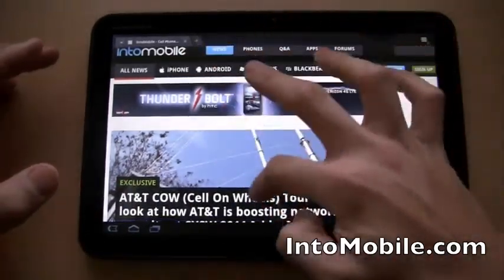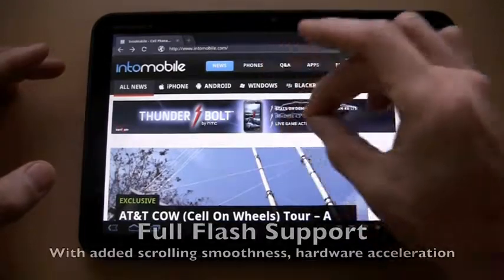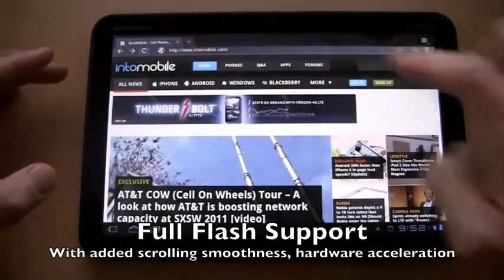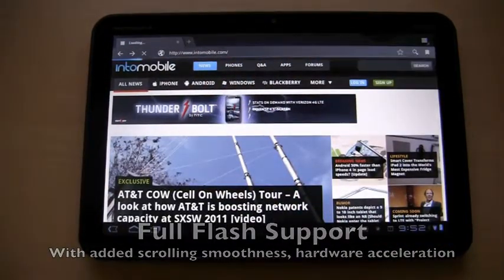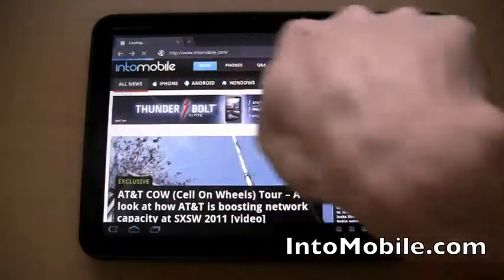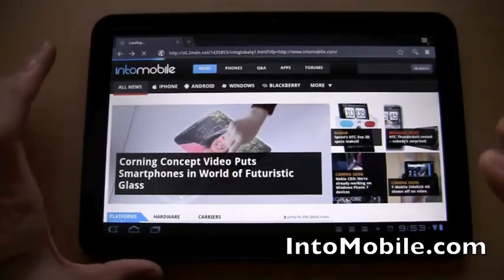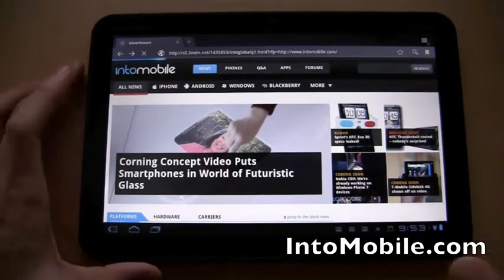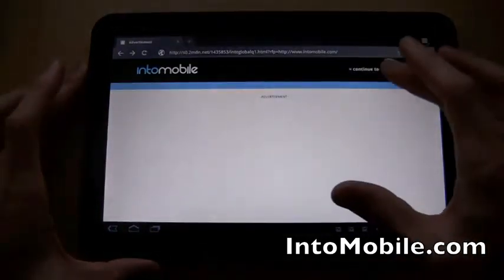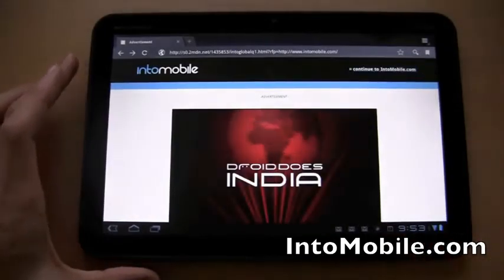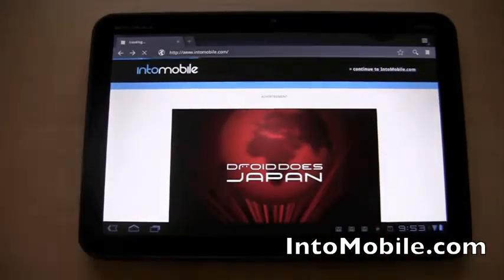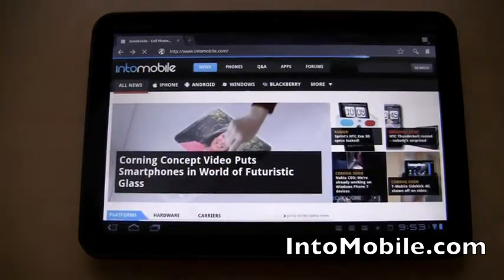What I wanted to show you was, check this out, we're looking at Into Mobile, right? And we are actually, let's load the latest version of Into Mobile. And you can see the Flash already loading right here, but I want to show you how Into Mobile loads with the Flash elements in place and with scrolling in place, because the Flash Player 10.2, oop, there goes the ad. Flash Player 10.2 actually, oh, there's the ad right there, actually has some improvements over 10.1 in that the